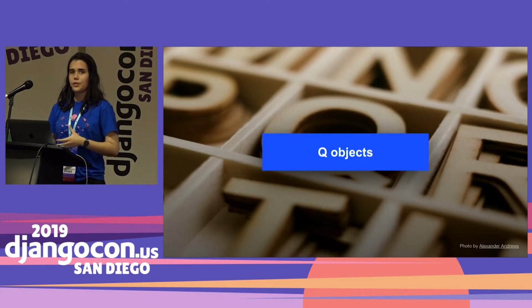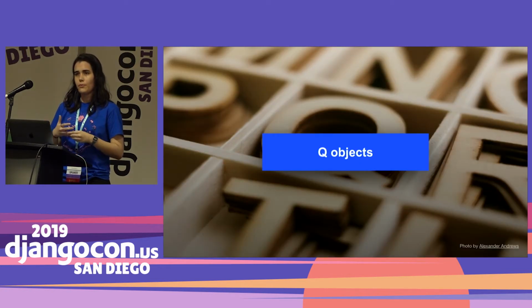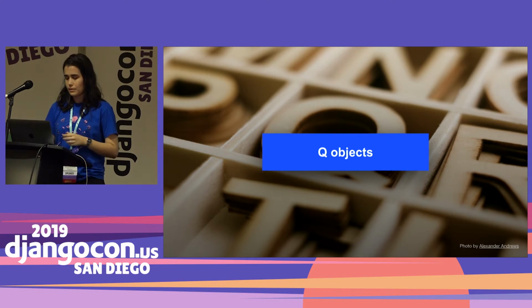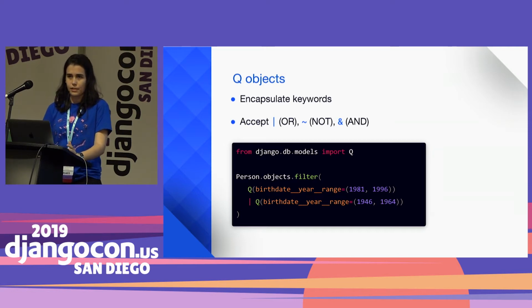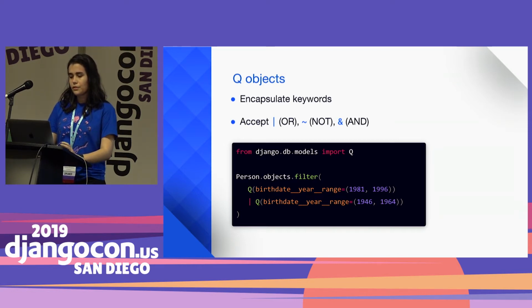To start with them, we need to understand more about Q objects. They are the most common solution, and if you are familiar with Django, you must have used them a lot. They are usually the first contact one has with complex querying because its API is not too difficult to understand. They serve as an SQL encapsulator for queries with different conditions. So if you want to do queries with OR statements or negative statements, Q objects are what you're looking for.